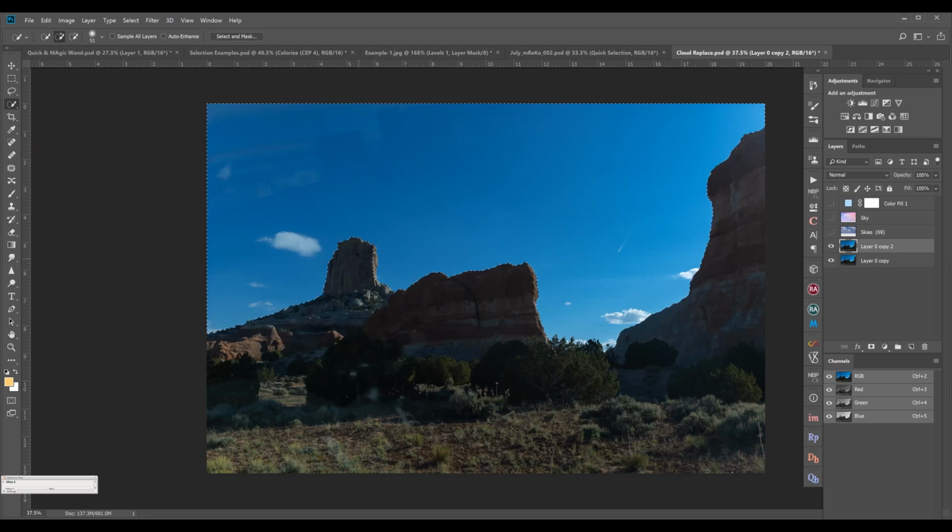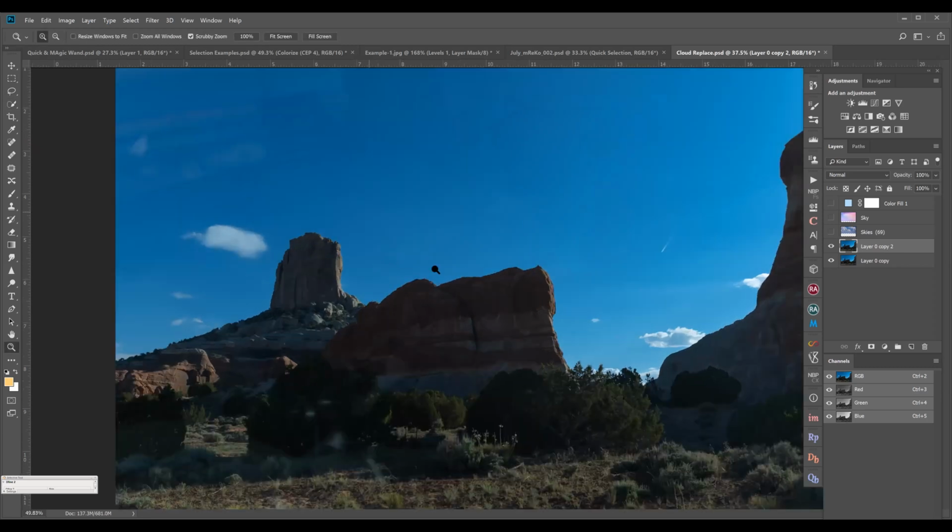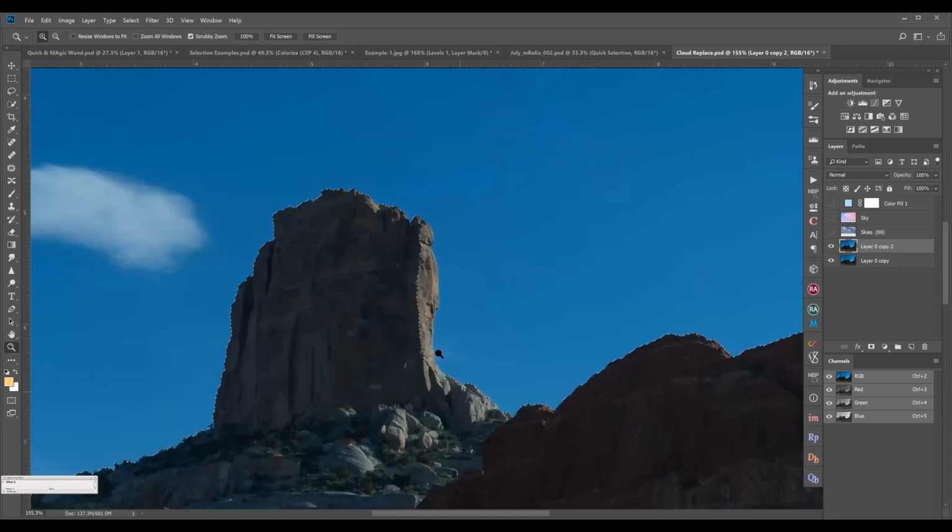But if you see here, some rocks are selected because, as I said, the quick selection tool uses an algorithm where, if there is a strong contrast difference, it will do the selection correctly. But the sky is bright and the rocks are also equally shining because of the sunlight. So there is not much of a contrast or a tonal difference, so the quick selection tool did not work.